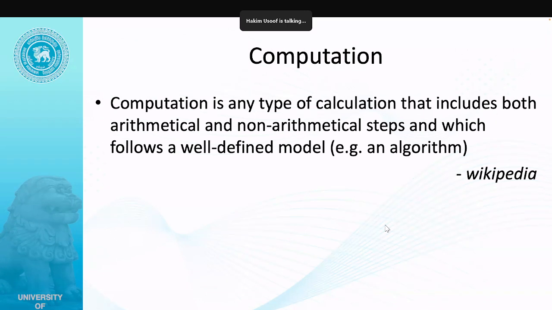So in achieving this objective, we basically do arithmetic operations. Arithmetic operations are addition, subtraction, multiplication, division and things like those. And then, of course, you have non-arithmetic operations in computation as well. We call them logical operations. Like, for example,